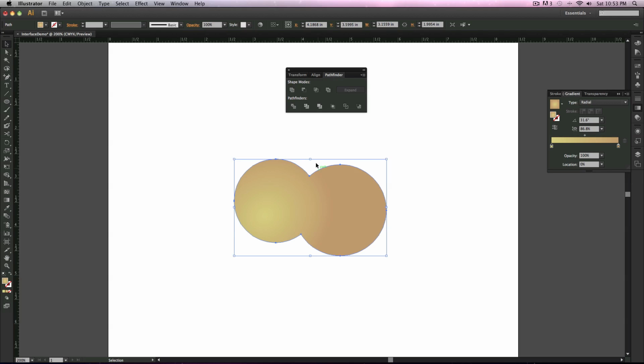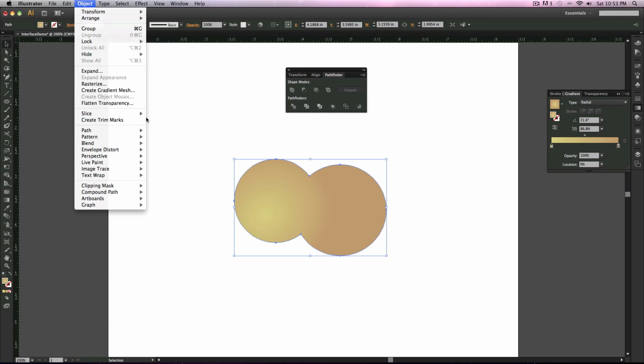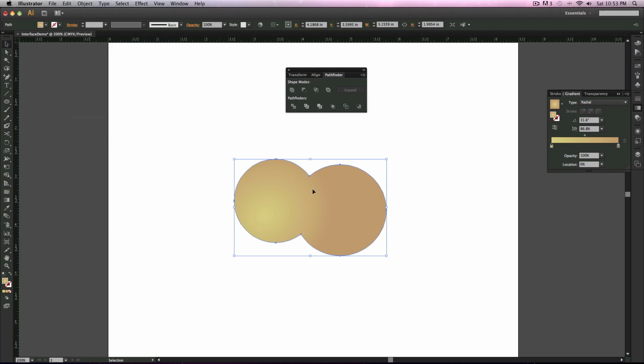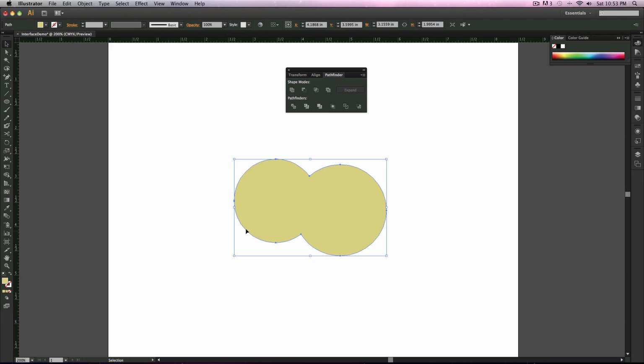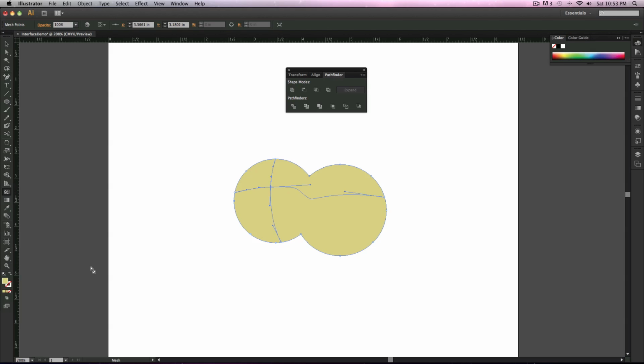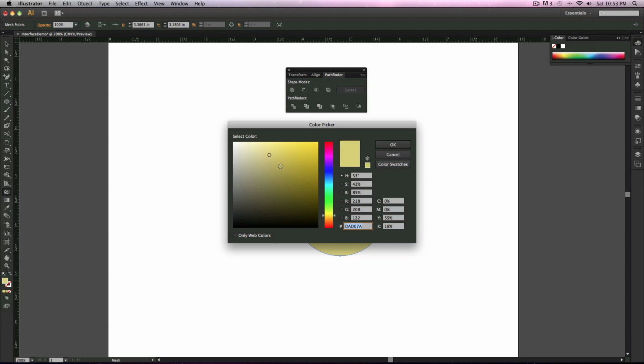Now, the important part is we've created shapes, we've created colors. What if we want to put more than one gradient on it? Well, let's start by just going back to a standard color. They've created a tool called the gradient mesh, which we'll learn about later in the semester. The gradient mesh is pretty cool because what this allows us to do is it creates wireframes and allows us to put, if I double click here,